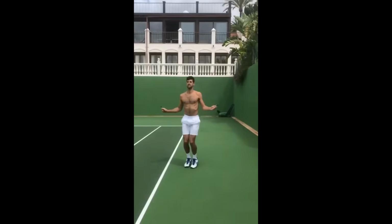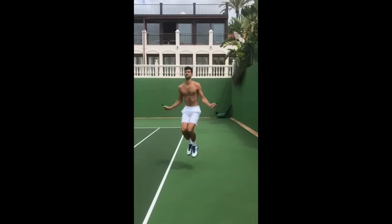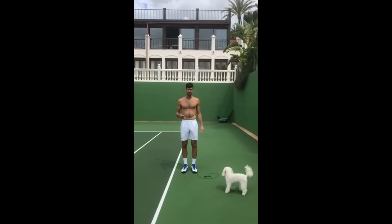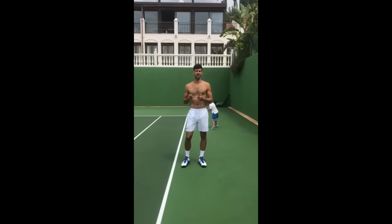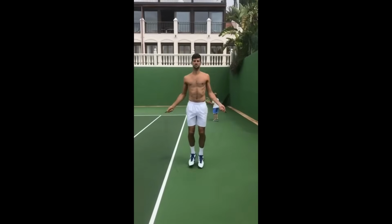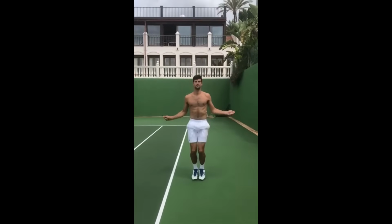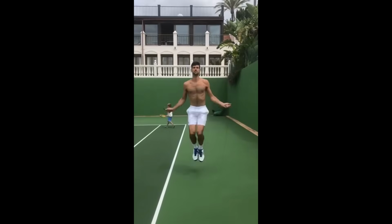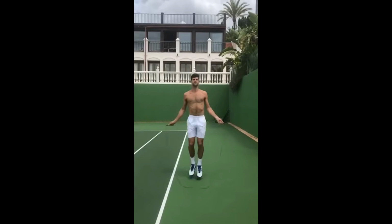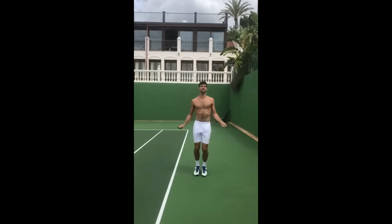during quick transitions. Skipping rope also involves the shoulders, forearms, and wrists, though to a lesser extent than the lower body. The continuous movement of turning the rope strengthens these areas, improving Djokovic's endurance for long matches. Strong wrists and forearms in particular enhance his grip strength and control over the racket, allowing for more precise and